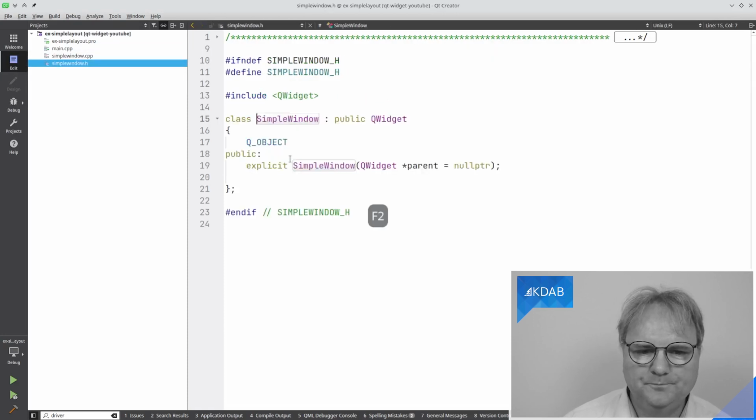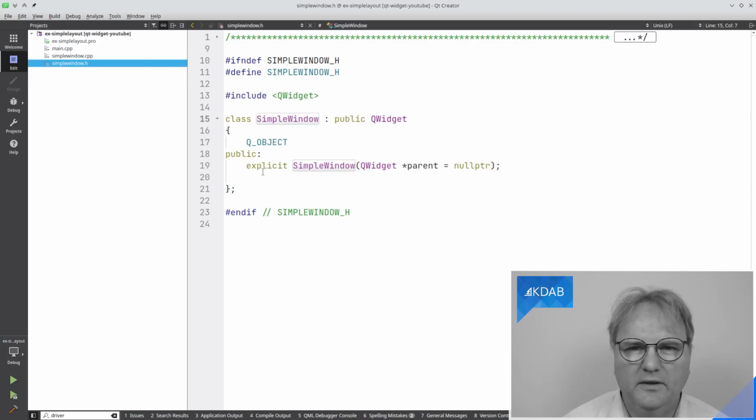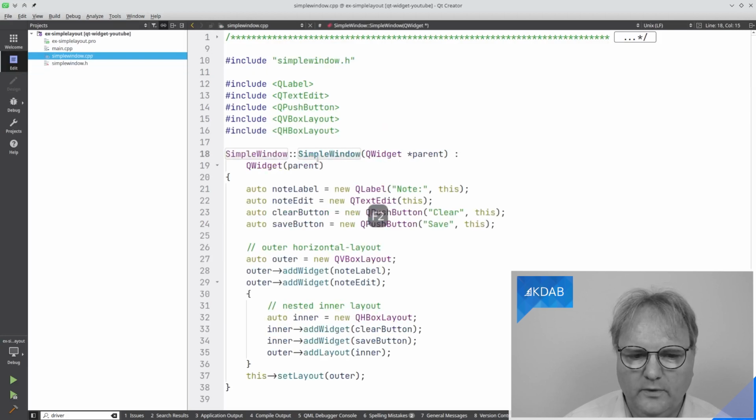My symbol window is a QWidget subclass, and this setup of one class for every major UI component you have is a pattern you'll see quite a bit in your widgets application. It has a constructor, and in the constructor, that's where I'm setting up my whole user interface. And again, you can see I include just what I need in here. And here is my setup of stuff.